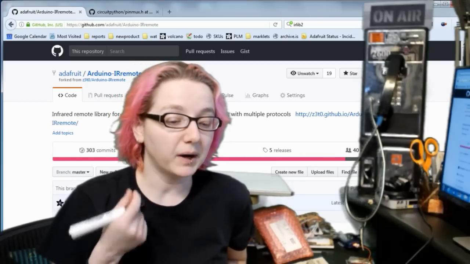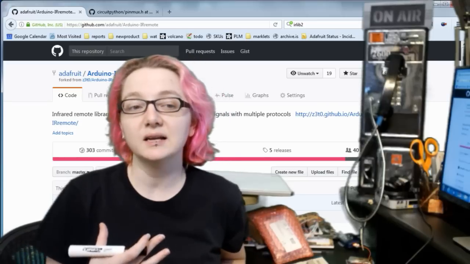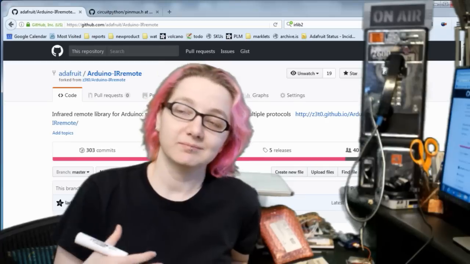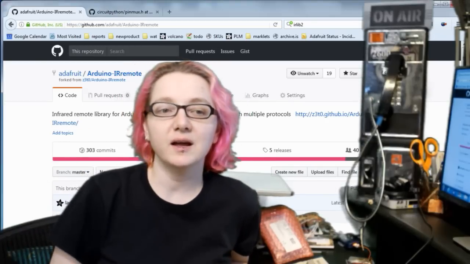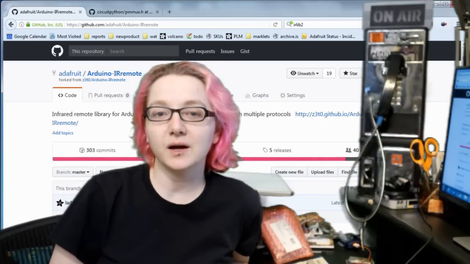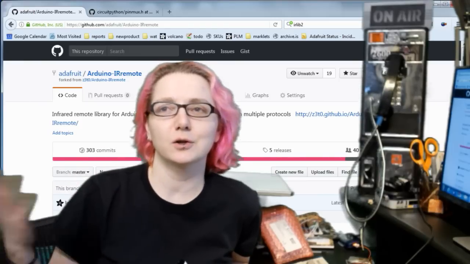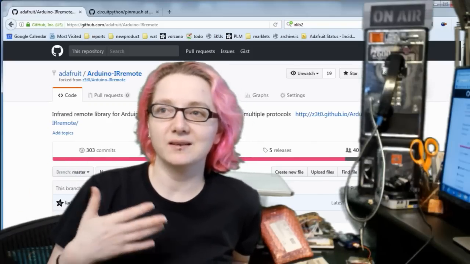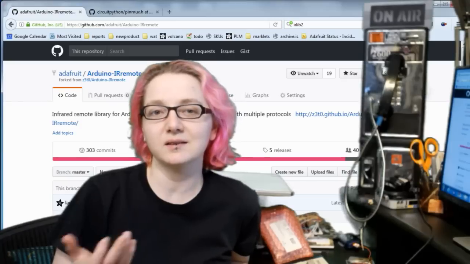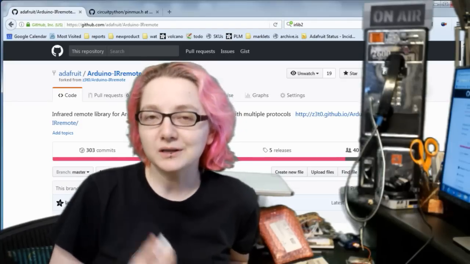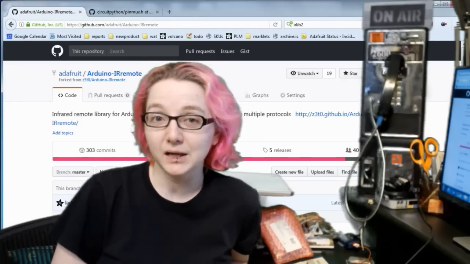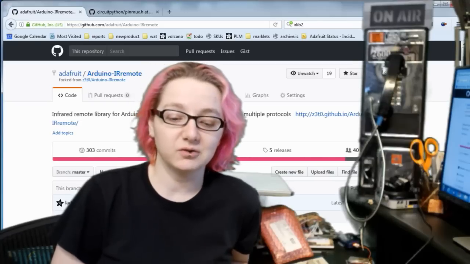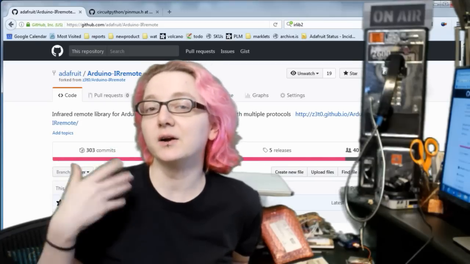And so IR is really popular because, like I mentioned last night, it has a lot of the benefits of wireless communication. You can transmit data here and there, but it doesn't use the low enough frequencies that would need to be FCC regulated or deal with antennas. You're just transmitting photons, and because of that, you can do it very easily. The power requirements are pretty low. It's really easy to do. You don't have to worry about antenna tuning or anything. You just have an IR transmitter and IR receiver. So